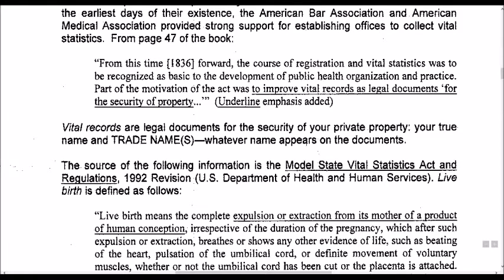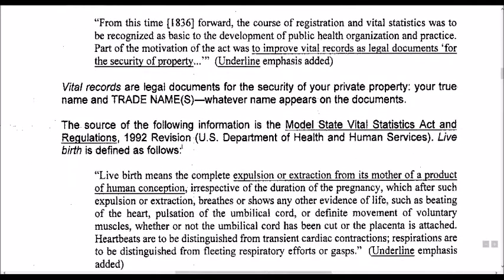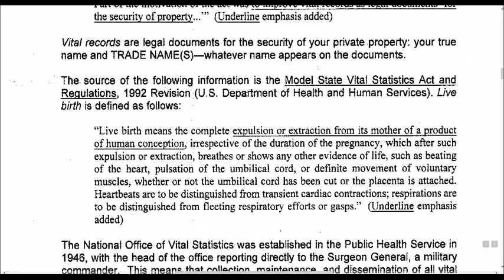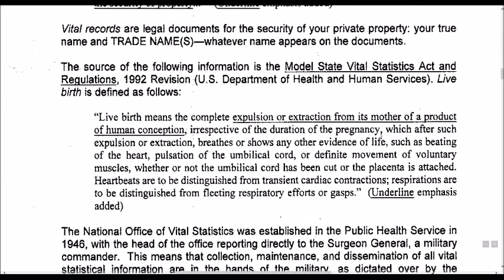The source of the following information is the Model State Vital Statistics Act and Regulations, 1992 revision, U.S. Department of Health and Human Services. Live birth is defined as follows. Live birth means the complete expulsion or extraction from its mother of a product of human conception,